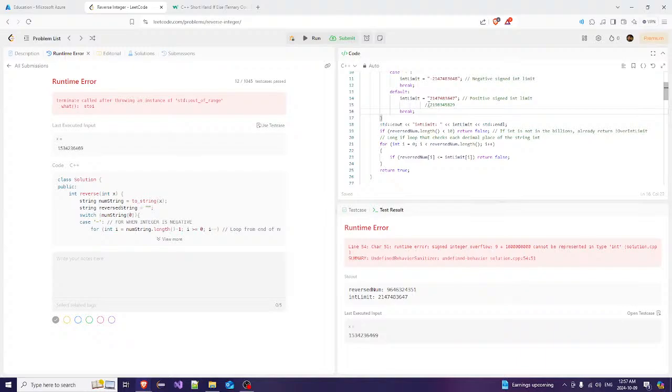So first it checks, is this bigger? Okay, no. Okay, just automatically, first of all, if that is bigger than the int limit,